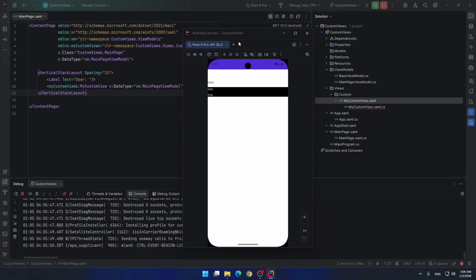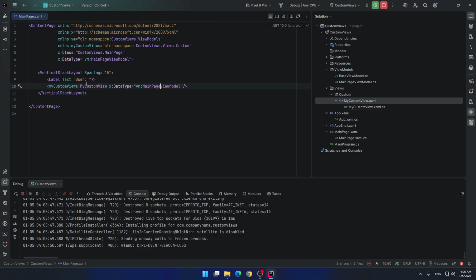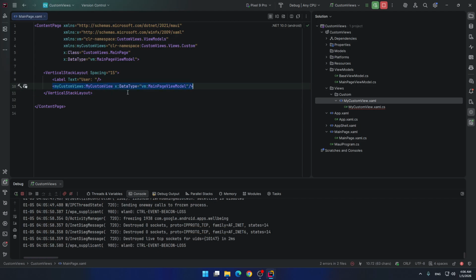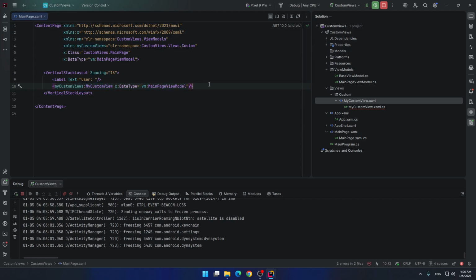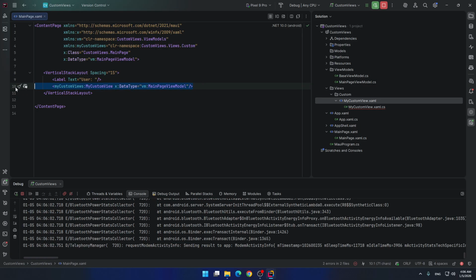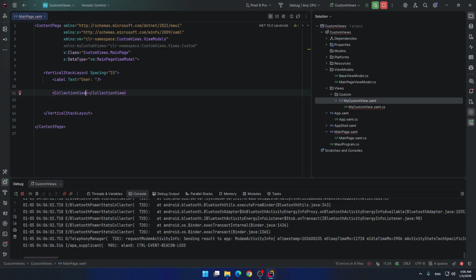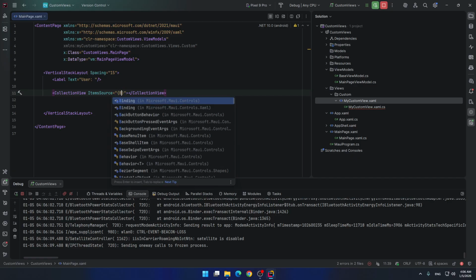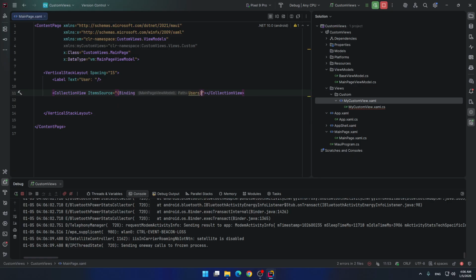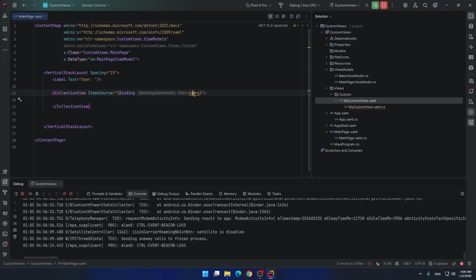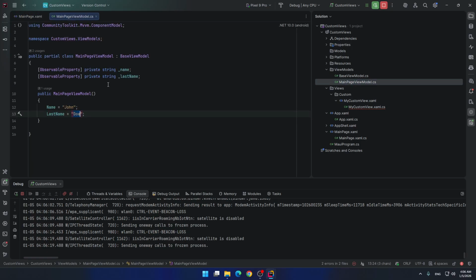So I want to show you now that we can use this multiple times, okay? Our custom view, we can use this multiple times. Let's delete this line and let's create collection view. As the item source, we give users. This does not exist inside main page view model, so we need to create users.